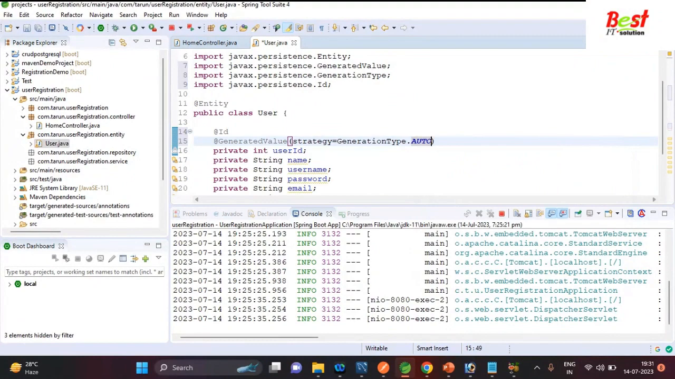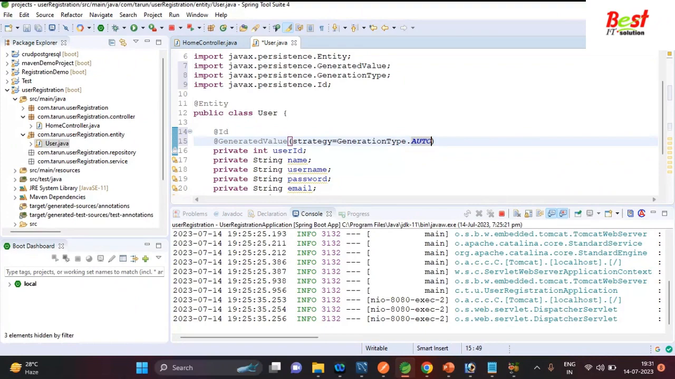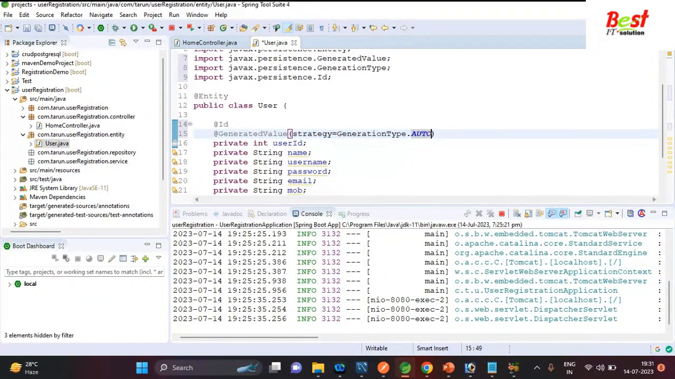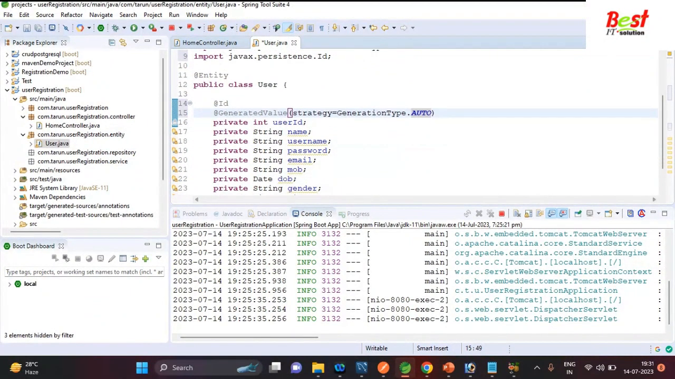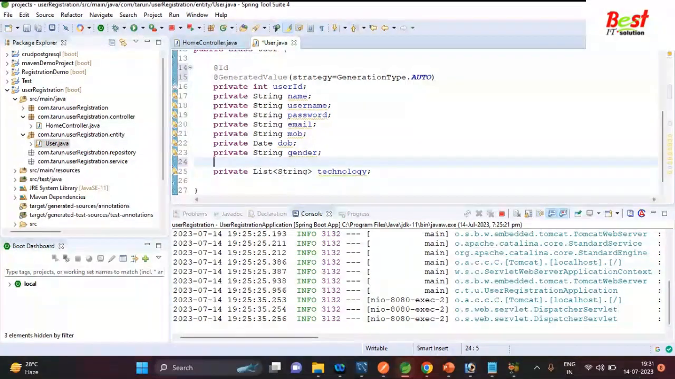Okay, so that means our user ID field will be automatically created and incremented one by one, and then name, username, password, email, mobile, DOB, gender. And another thing we also need to mention here